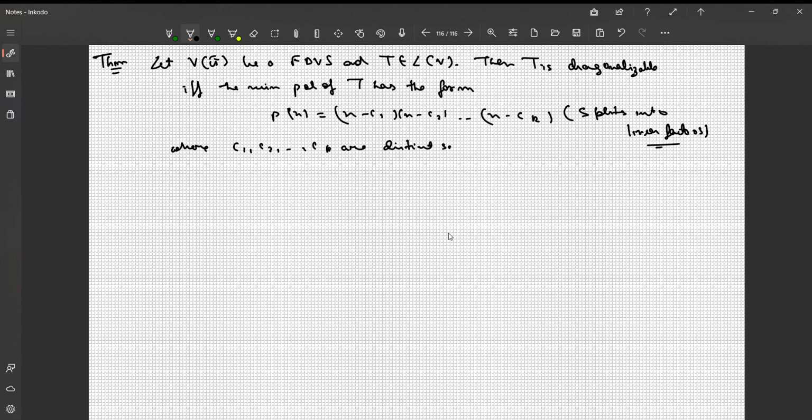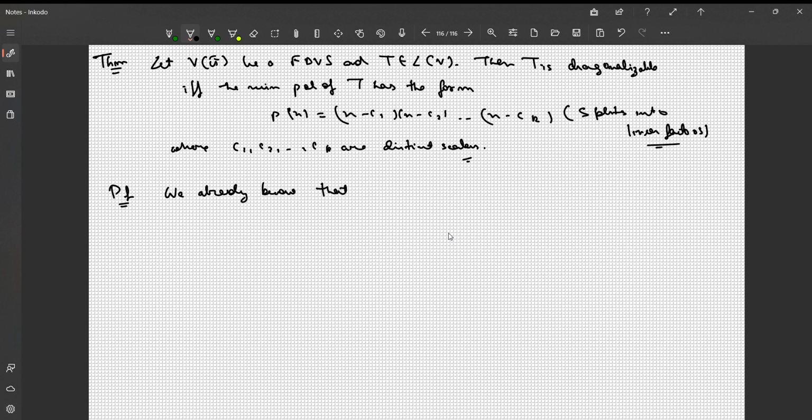Clear? Okay. Where c1, c2 till ck are distinct scalars. That's important. Are distinct scalars. Okay. The proof. Now, one thing which we discussed during the start of this lecture was that if a linear